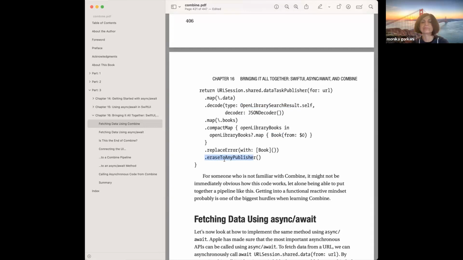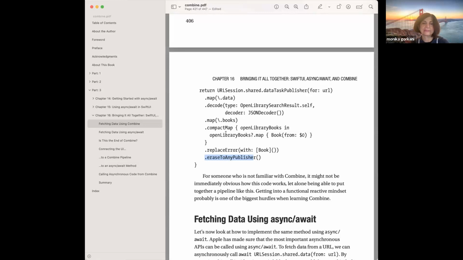And this just makes it simple to make it an AnyPublisher type. And then he says, if somebody doesn't know Combine and looks at this, it looks a little confusing,